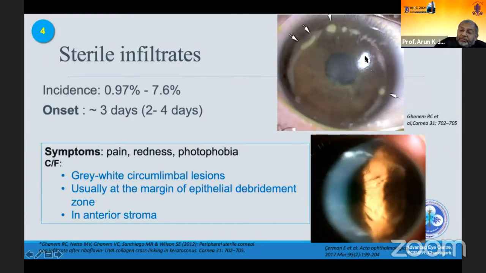Another very important complication is that we can have a sterile infiltrate. Again, usually the onset is around 3 days post-op on average, and they usually appear as gray-white